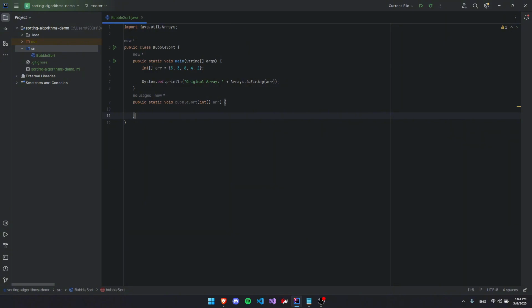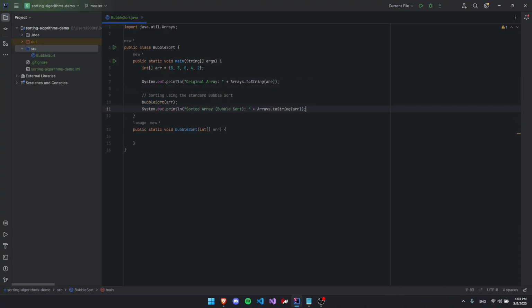Now let's create a method to sort our array. Since arrays are objects, we can just pass in an array and sort it, and that should change its values. Let's add that to our main method. We're going to sort with the bubble sort method like this, put in our array, and that should sort it, and then we print it out like this. Don't run this right now, because it won't do anything since we haven't added any code yet for